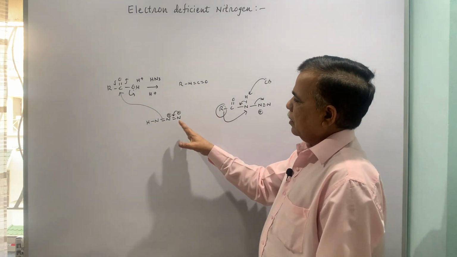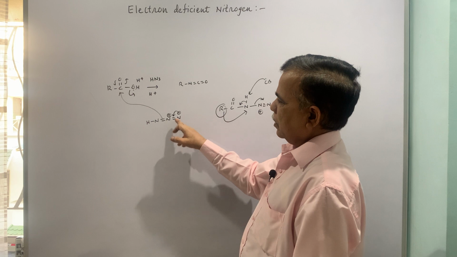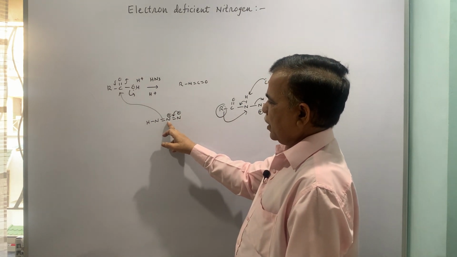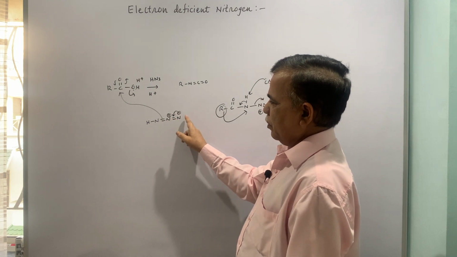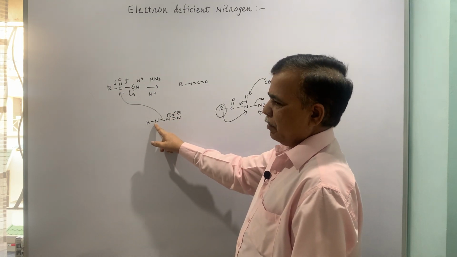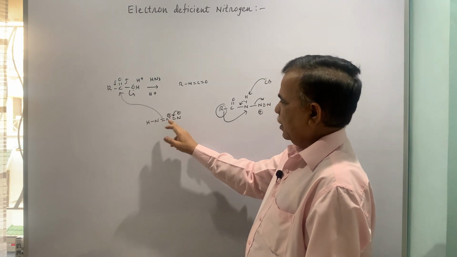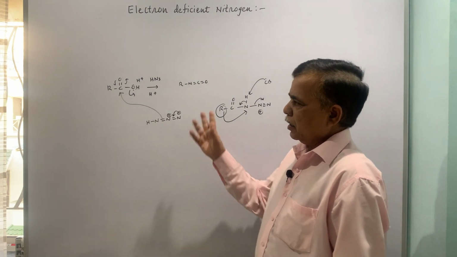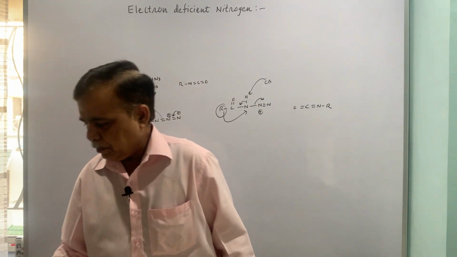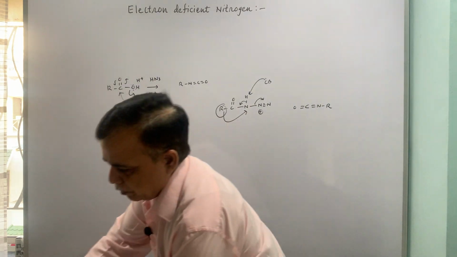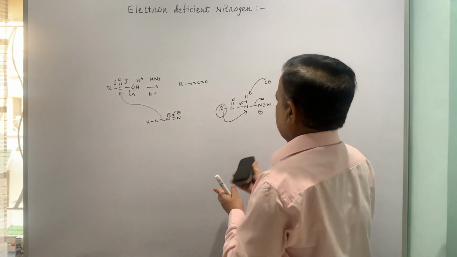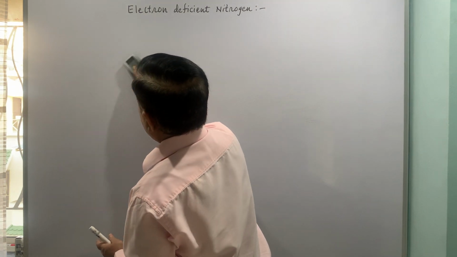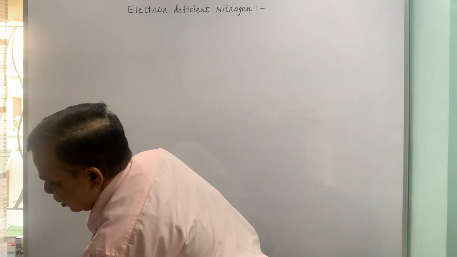So this is the structure of HN3, and you have to see that this is plus because it has got 4 bonds, negative because it has got only 2, the trivalency of nitrogen is fulfilled, so no charge. So this is the driving force, the protonation, and that is how the reaction takes place. Okay. Now the next reaction, that is Beckmann rearrangement. We'll just see that and we'll try to solve some examples based on these reactions.